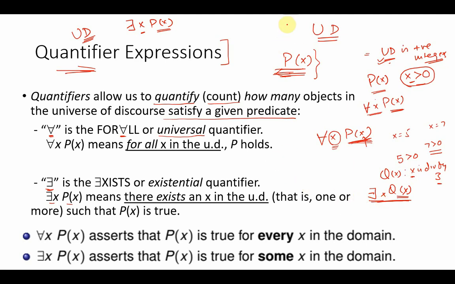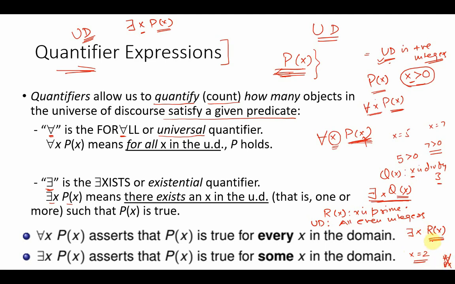Similarly, it will be more clear with another example. Let us define another predicate R of x. Let us say x is prime, and the universe of discourse is, let us say, all even integers. Now I can say there exists x such that R of x. Why? Because there is a value, x is equal to 2, for which R of x is true. But I cannot say for all x, R of x. Why? Because if I take a positive even integer, let us say 4, for 4 R of x is not true.